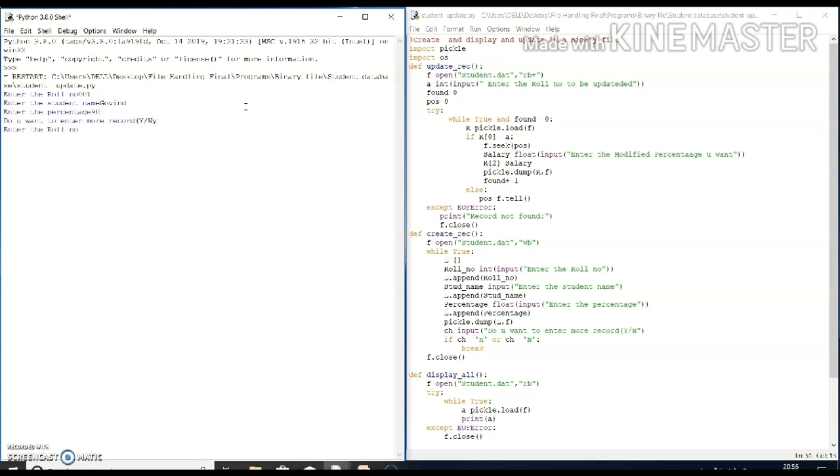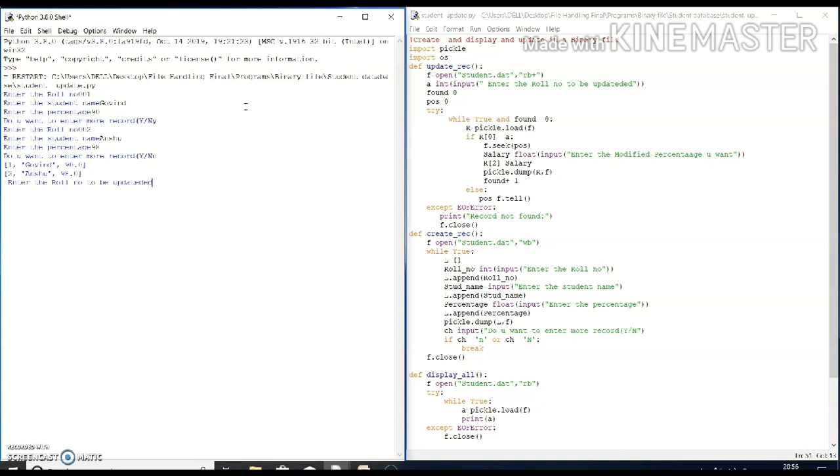Yes, roll number 002, the student name is suppose Ansu, and percentage suppose 98. It asks for more records, but suppose I put no; the same records are displayed.